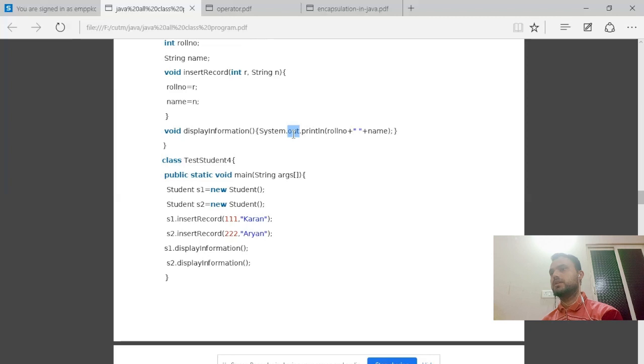Println means to print. This is a syntax. If you want to print something in object-oriented programming, you have to write this system.out.println, and this plus is a concatenation operator. This will just concatenate this roll number and name. So we just write here public static void main. Why this? Because from main your program execution starts, and we have declared the first object s1 using this new